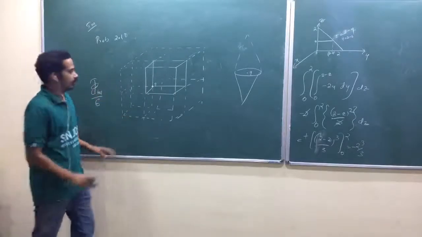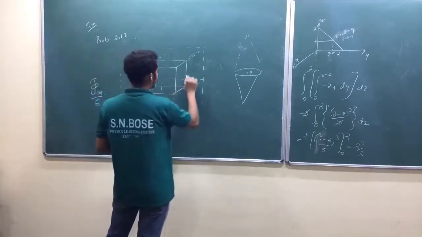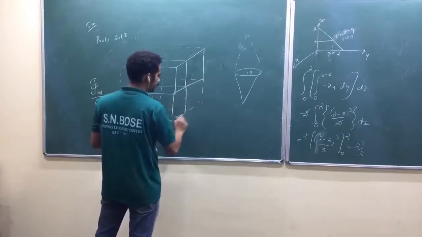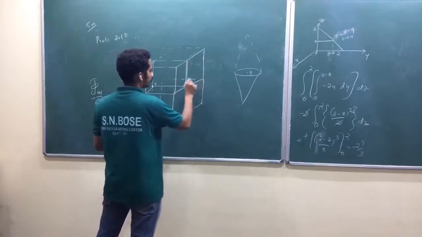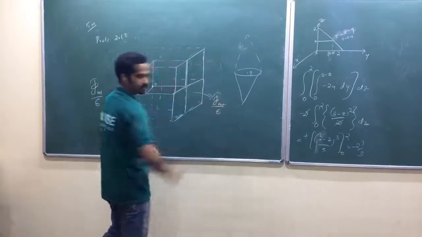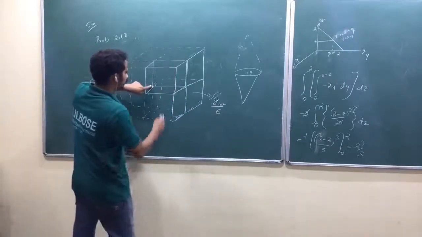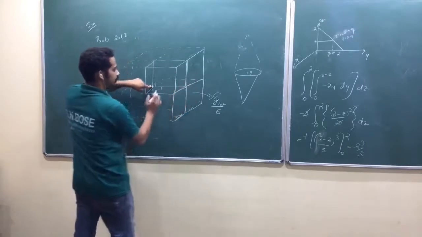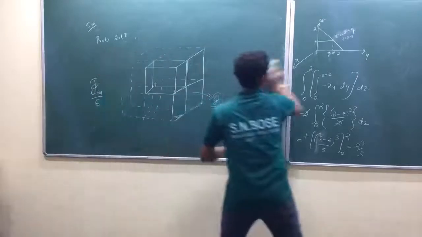Am I right? Now look at here. So this Q is here. Just take these 4 surfaces. Okay. So now this total surface will take 5 total by 6 flux. Am I right? Now look at here. This Q is situated symmetrically above this one. If I draw that one again, it will be like this.